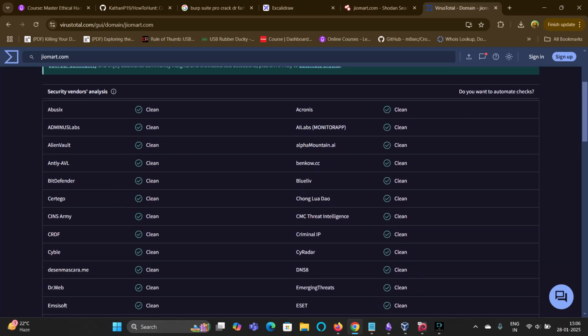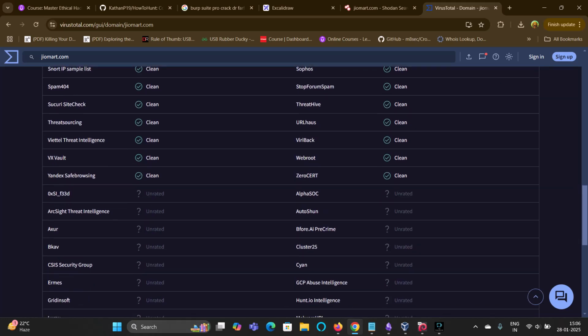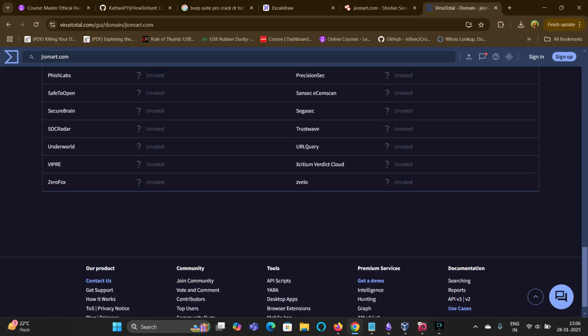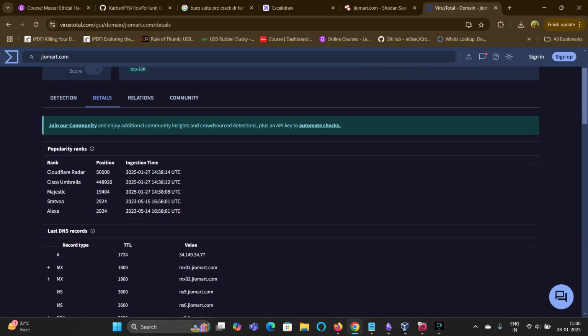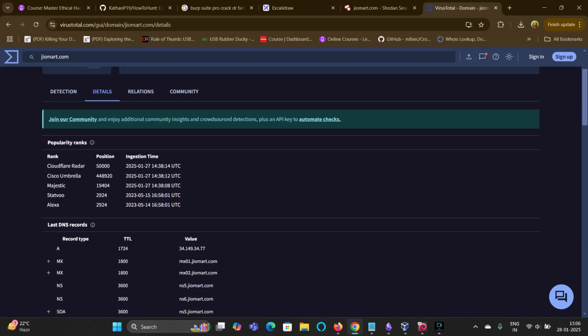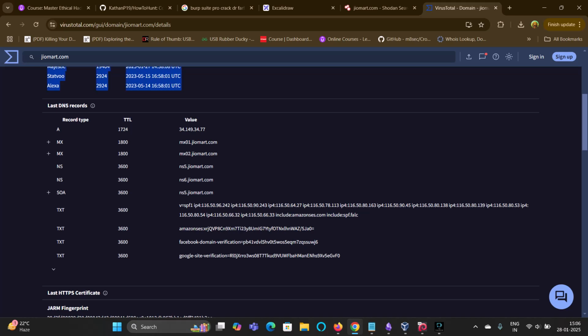And then after that, you can see all of the information regarding it. Spam 404, everything is clear, and this is giving you particular information, but also these are the detections that it has performed. And then you can go to details. What kind of details? You can see that it is using Cloudflare Radar for its position, and then it is using Cisco Umbrella, and it is also showing us the last DNS records. This is very dangerous information, guys, because if we are getting to know about its DNS records and when